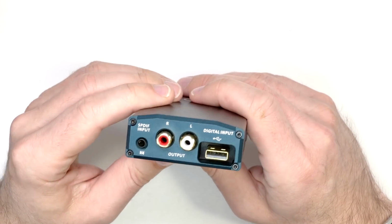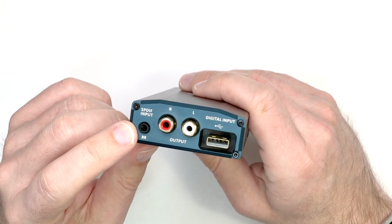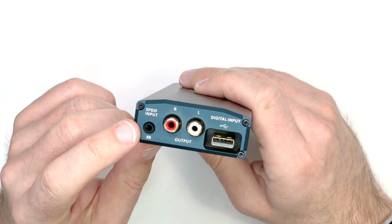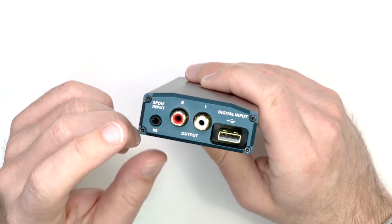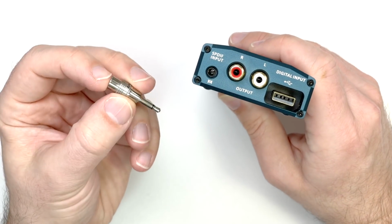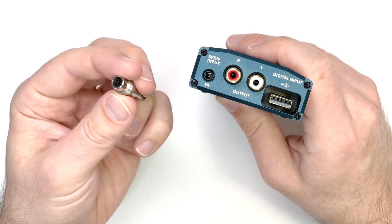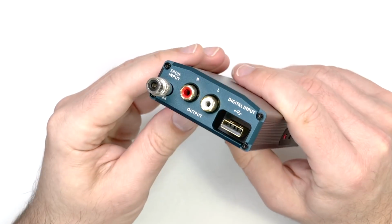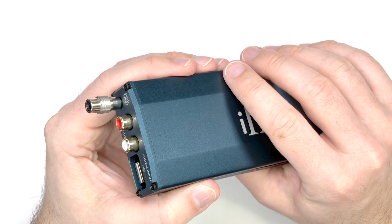Of the inputs, well, you have an SPDIF input. This can be either coaxial digital or optical, so you can use a mini Toslink cable, or you can use an SPDIF cable. Now, if you need an adapter for that, if you get one of these adapters, such as this Sony RCA to 3.5mm TS plug, you just plug that in thus,